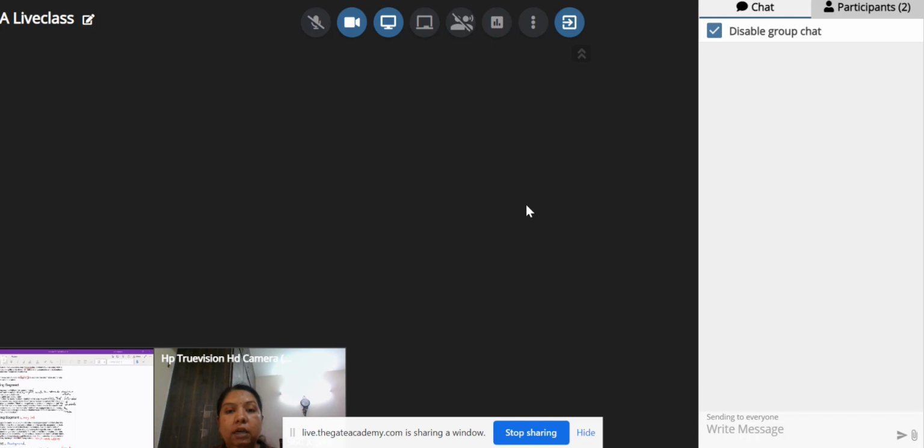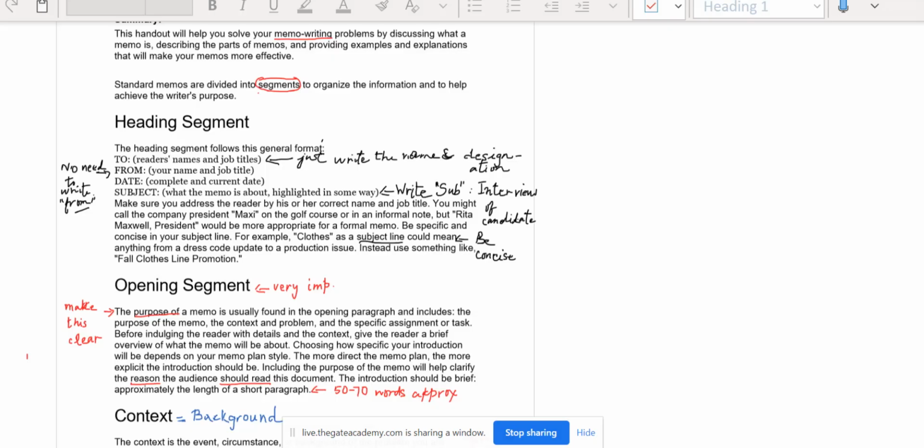Now, important thing to note, when you're taking the live class, you do not need this live class interface. What you need is your screen only. Suppose if I'm going to the screen, that is my OneNote, what will be visible to me? Only OneNote is visible to me. My video is not visible and my chat is not visible.